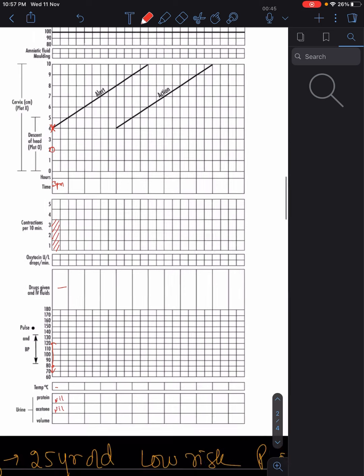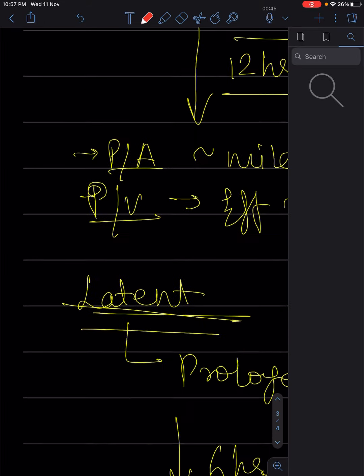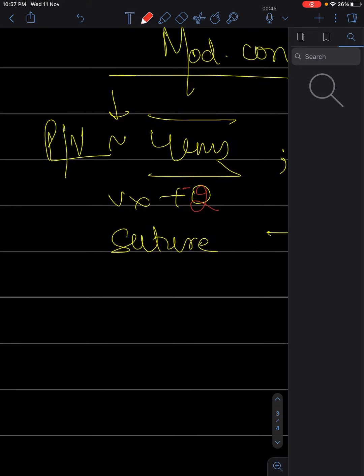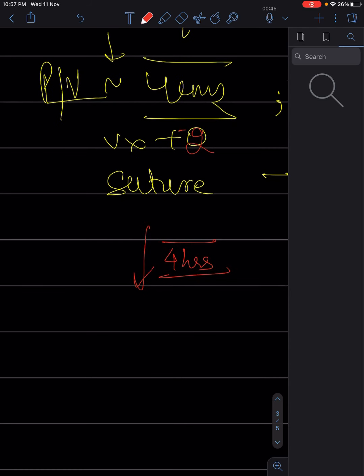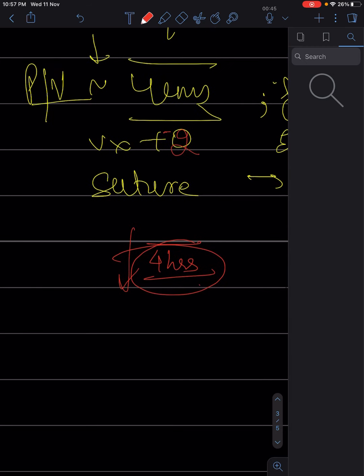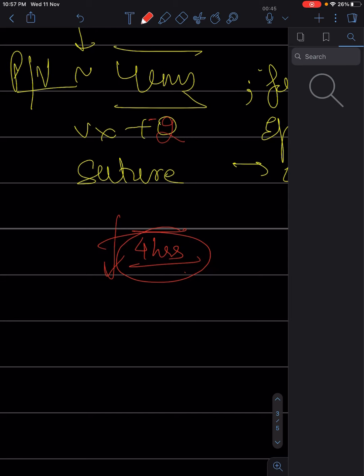Now supposing after about 4 hours, right, you check. See, once the patient goes into active labor, you assess her after 4 hours. That is what you do. Unless you have done an intervention, then it is 2 hours. That I'll come to. Otherwise it is 4 hours, right? So after 4 hours, supposing she is 10 centimeters and her station is 0,